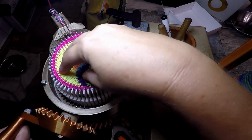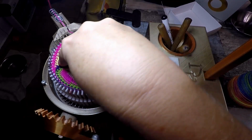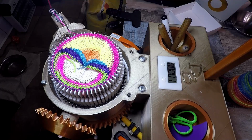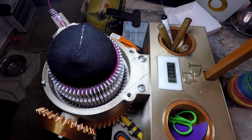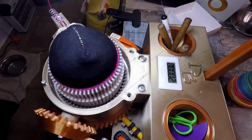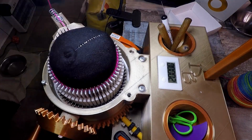I am leaving my heel spring on, which is a thing I don't normally do, but is part of the instructions in the pattern. And then I'm just cranking the rows I would normally crank for a sock for me on this cylinder, which is, like I said, about 60. And the first 2 ones I tried to do, I tried to get a gauge and use a different number, and they were always too big. So